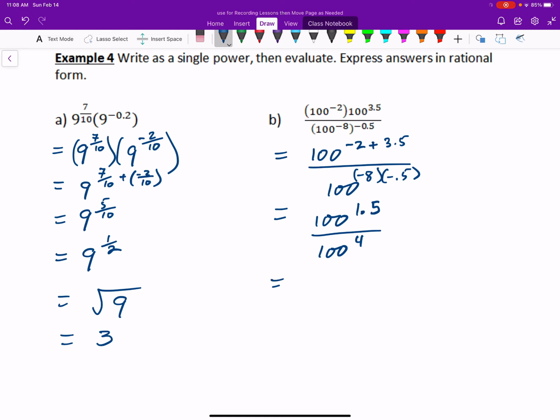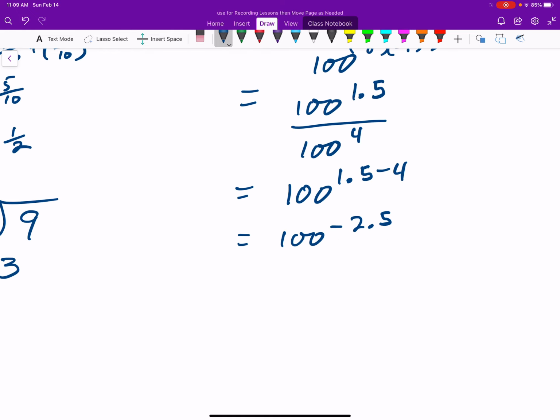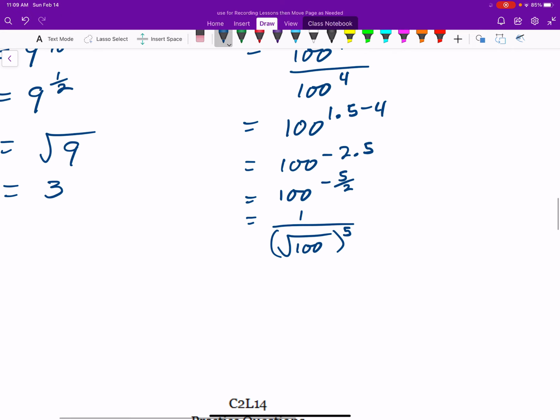And then I can divide my powers, which means I'm going to subtract the exponents. 1.5 minus 4 gives me 100 to the negative 2.5. At this point, I think I'll change my 2.5 to a fraction, so I'll make it negative 5 over 2. And the negative means 1 over. The 2 means take the square root of 100. And then I'm going to raise that to the exponent 5. So 1 over 10 to the exponent 5, which is 1 over